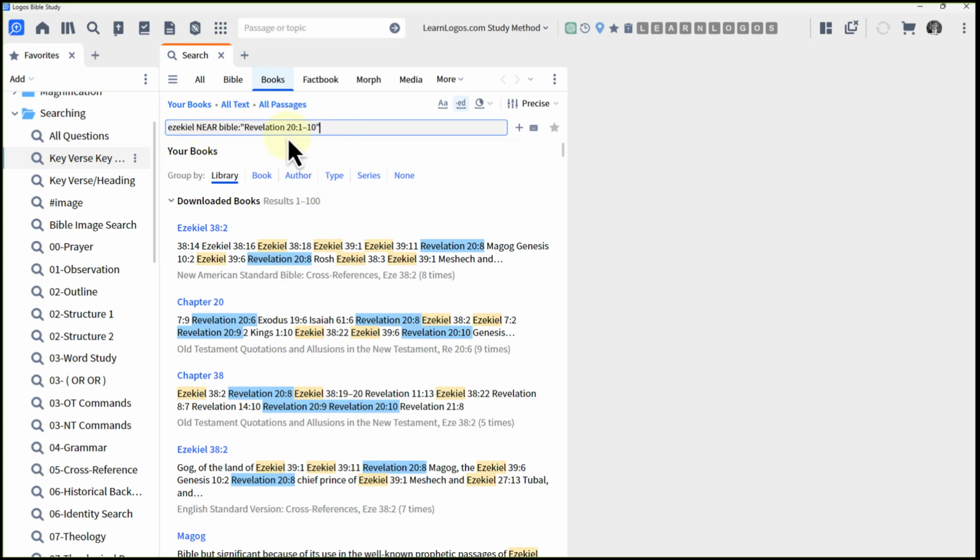All right, how does it work? So first I'm searching books, and then I choose whatever books I want. It can be a collection, doesn't matter. But here's the formula. The formula is key topic near Bible : in quotes key verse. Now I have it in this order for a particular reason. Usually I'm changing both. So in this particular one, it doesn't matter which comes first. But nevertheless, I would change my topic to, let's say,